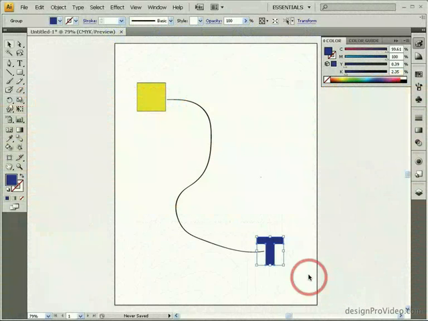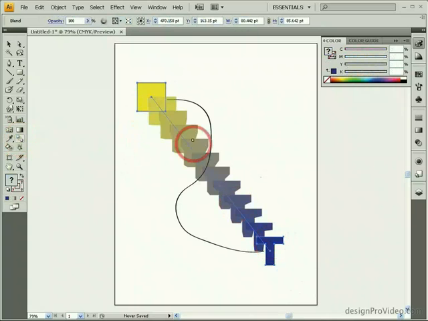When using the blend tool to blend between two shapes, the blend tool by default will create a straight line between the two objects. This straight line can be replaced with a custom path